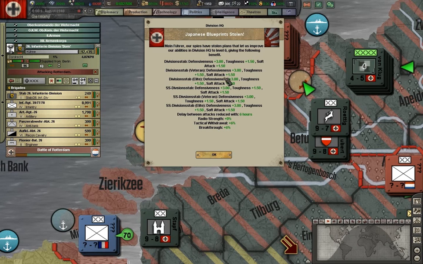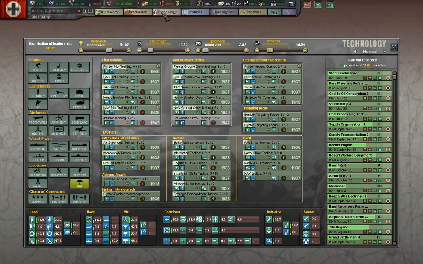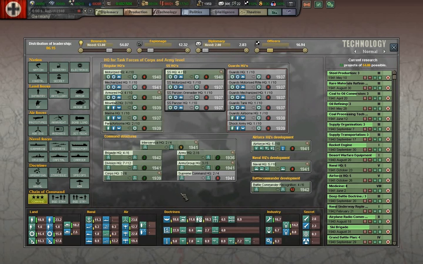Oh good, we've stolen some Japanese blueprints here. Divisional HQ to level 6. I want to take a quick look at that. Hope you guys don't mind. So that's that,